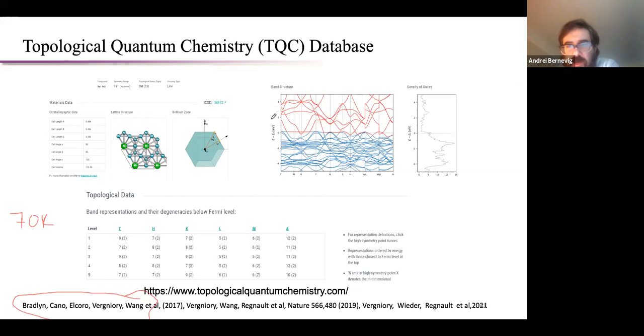Now, this might not be particularly illuminating for a system that has a lot of spaghetti of bands, but for systems, say 10,000 of them out of the 70,000, which have bands that are not spaghetti, it could be very useful. But you can take all these 70K materials and try to find flat bands in these materials. And this is again the reason why I wanted to underline these people who've worked tremendously hard on getting these results out.